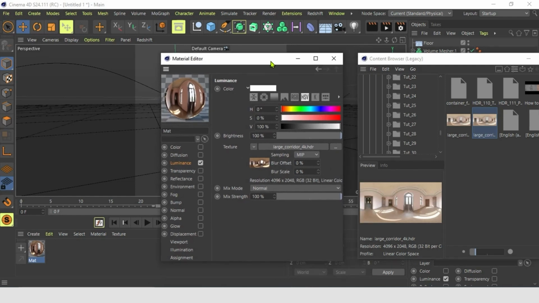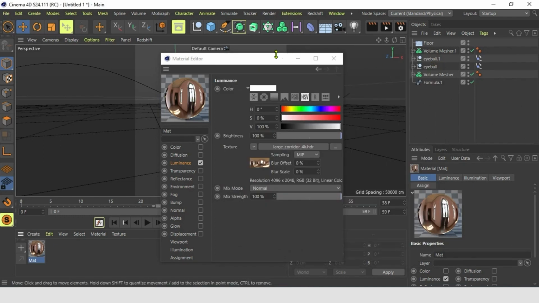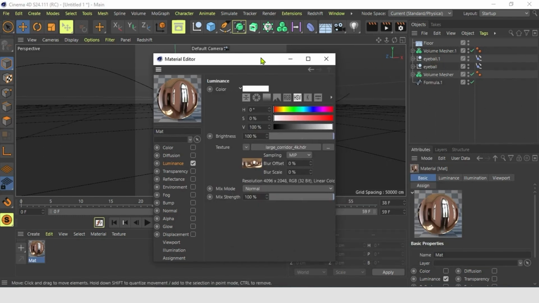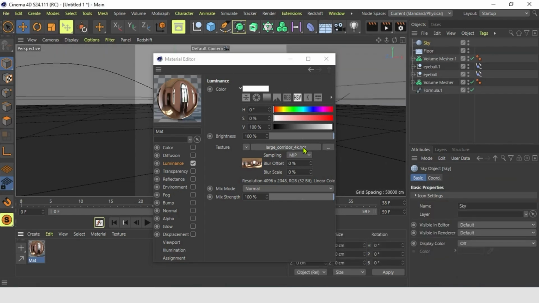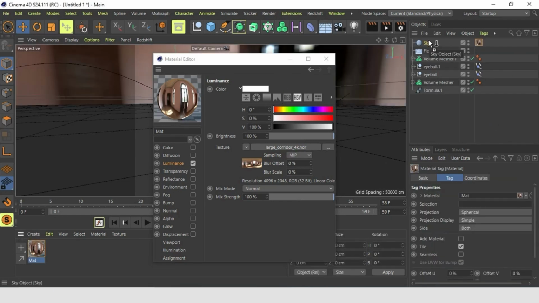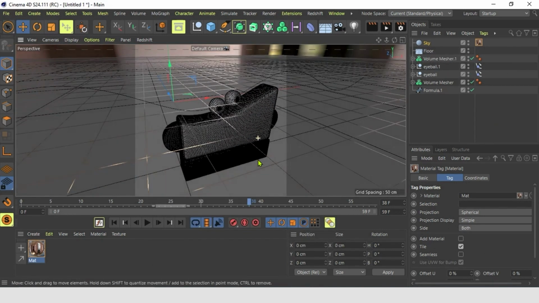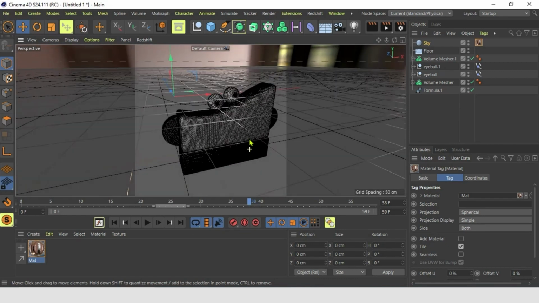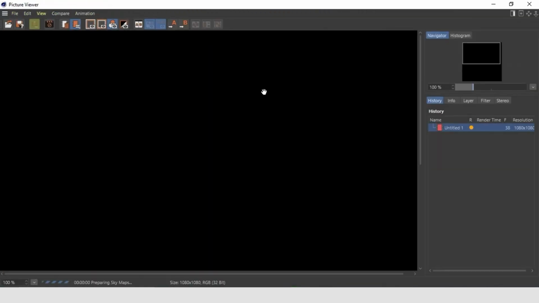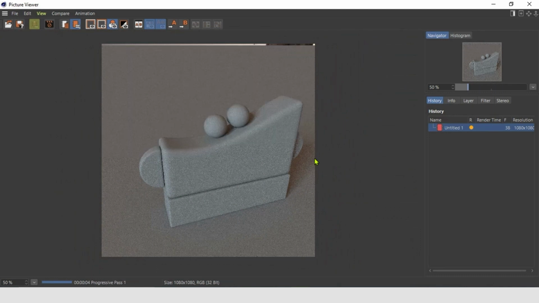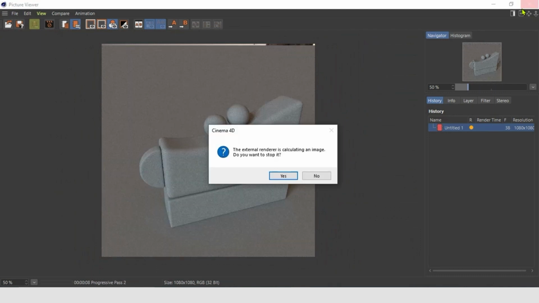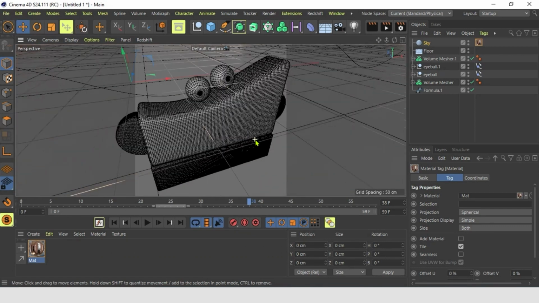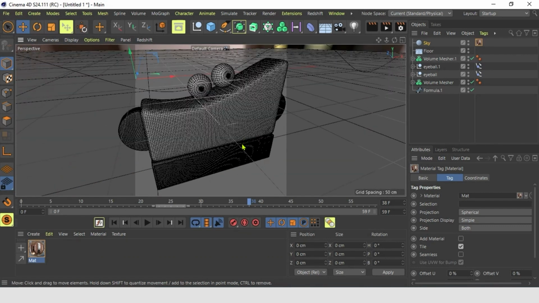Good. So we go to objects. The other thing we need now is our sky. So we go up here and choose sky, and now our room material to the sky, and we have it here in the background. You see? But now we have basically our light source. So if we click now render, we already have fairly nice general light. So the source is coming from the back, and we have nice reflections here.